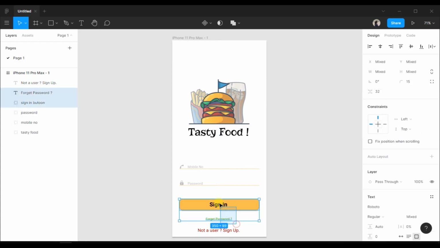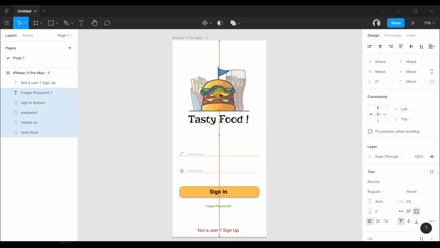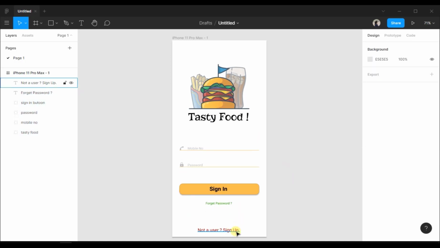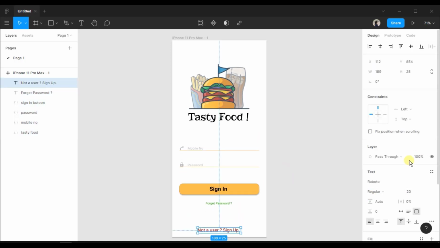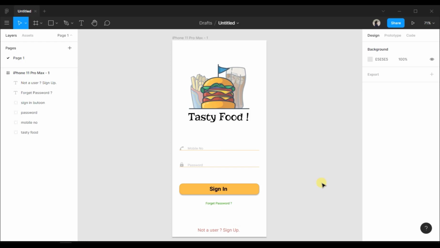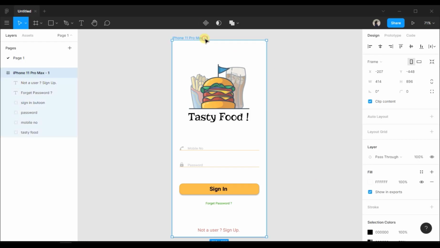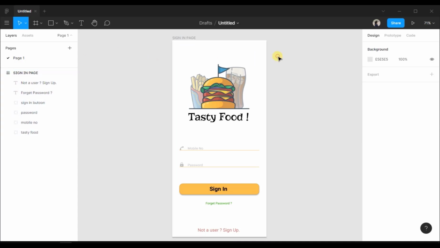Let's move this a little upside. Let's change the opacity to maybe 60. Good. You can also rename this frame, so just double click on it and rename it as sign in page. Yeah. Now as you can see, we are done with our sign in page.